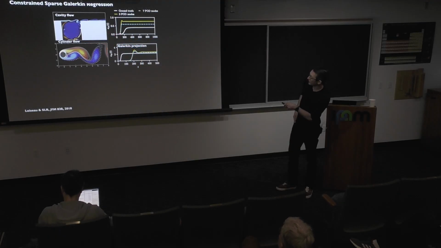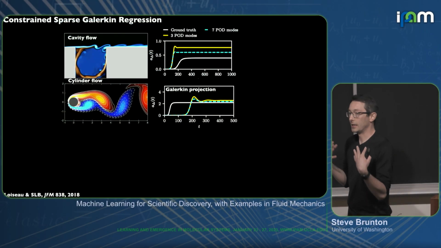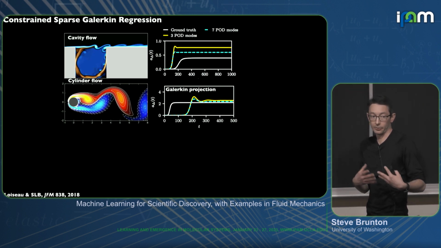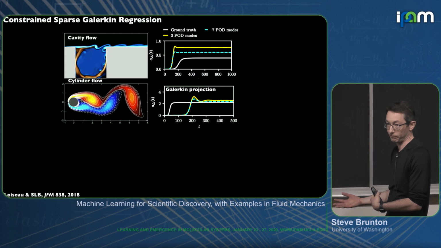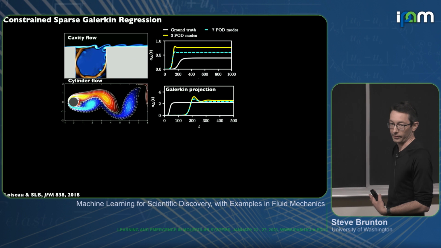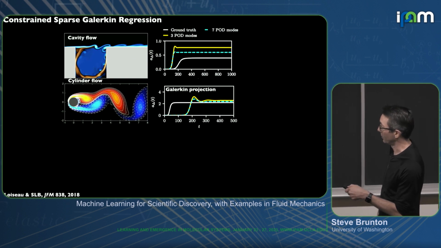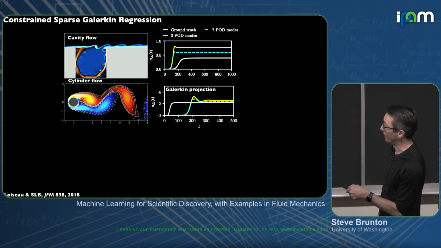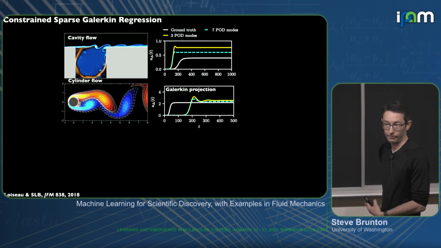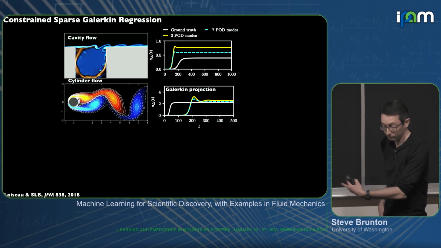The white curve is the ground truth from a high fidelity numerical simulation. So an expensive simulation gives me this white curve as it evolves in time. Yellow and blue are the previous Galerkin projection models, where you Galerkin project Navier-Stokes onto either 3 or 7 orthogonal modes. And you'll notice that they are qualitatively okay, but quantitatively pretty inaccurate. They have the wrong rise time, the wrong linear growth rate. They have overshoot and significant steady state error. These are quantitatively inaccurate, and this is what we were working with before.